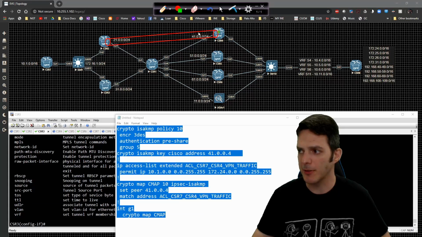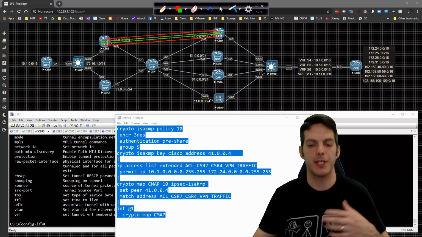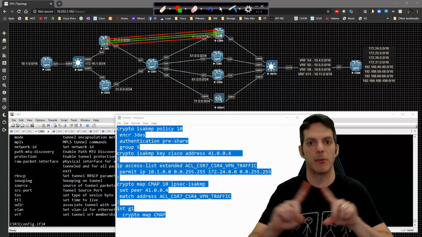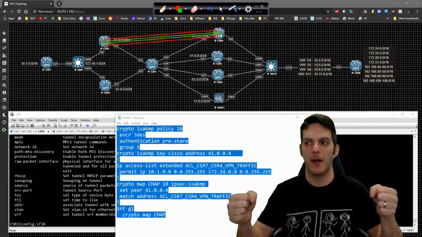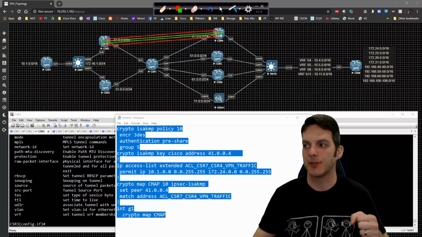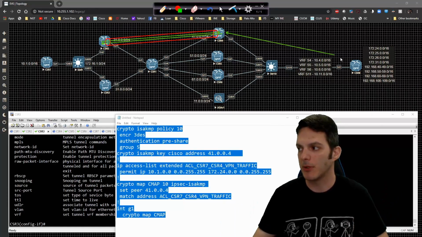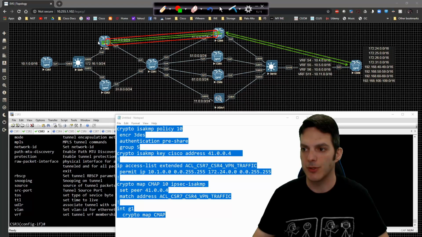Actually, data is terminating on the router itself. So this is where your GRE or your EIGRP, your OSPF, your BGP peerings are able to form over a GRE tunnel, and they're able to terminate. And then the routing processes that are sitting behind here. So, for example, we have an EIGRP adjacency set up between CSR4 and CSR8, and then CSR2 and CSR7, they're extending